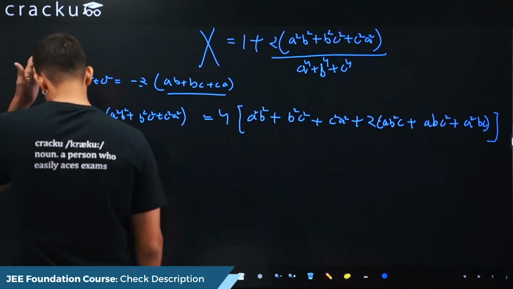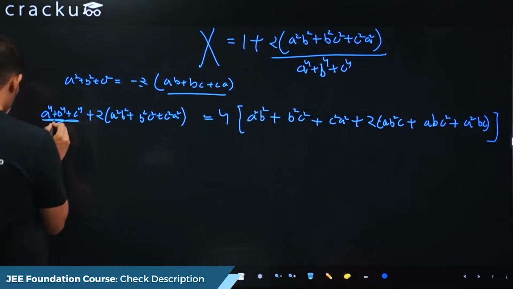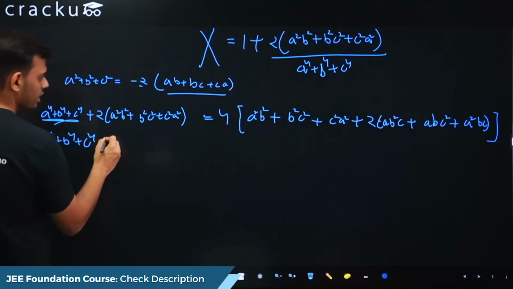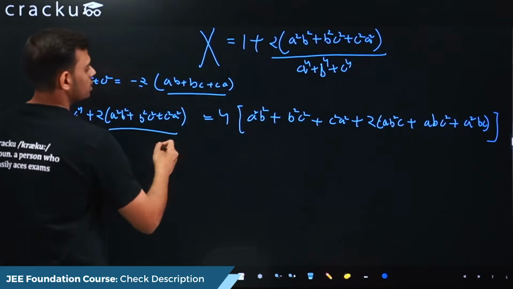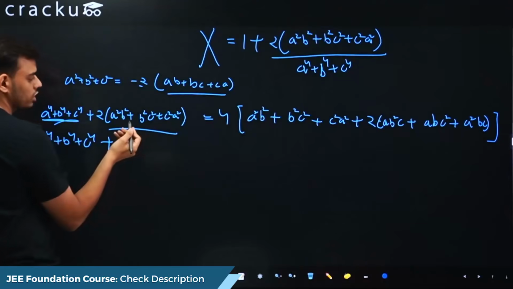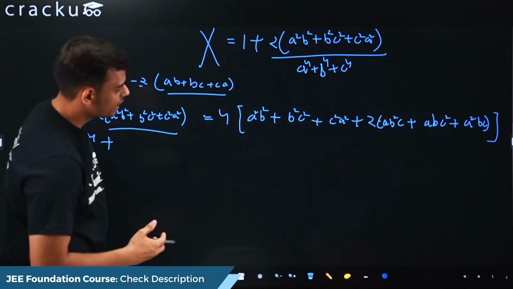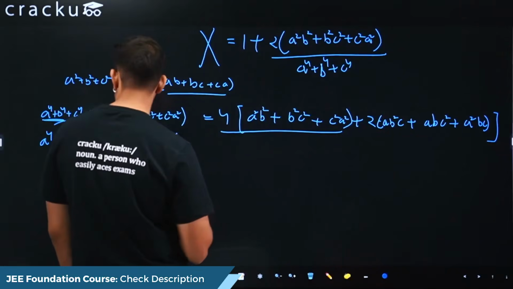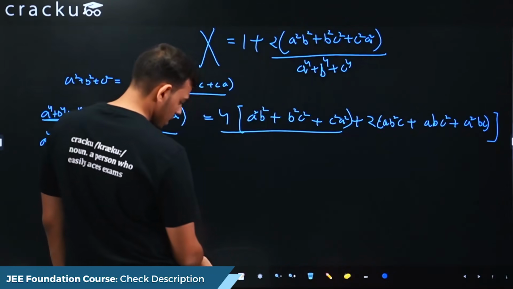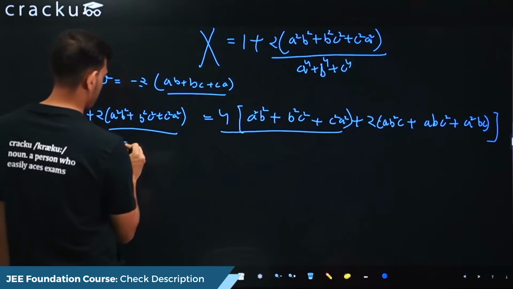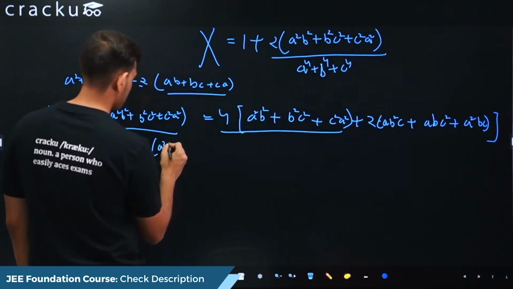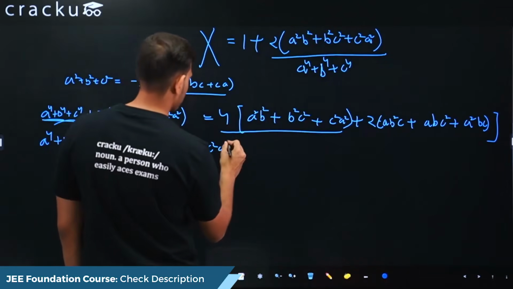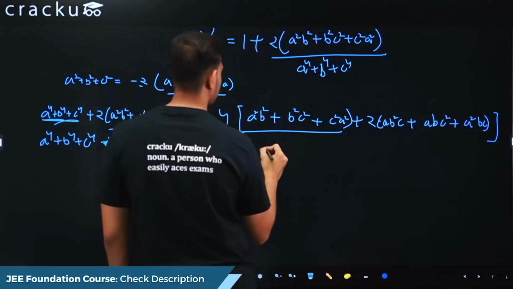Now I can calculate this value. I'll keep it on one side because this is very different. And I will simply take this here. So we have 2 times of (a square b square plus b square c square plus c square a square), and here we have 4 times of this till here. So if I subtract 2 times from 4 times, I will get 2 times of (a square b square plus b square c square plus c square a square), and I have this 8 times of,